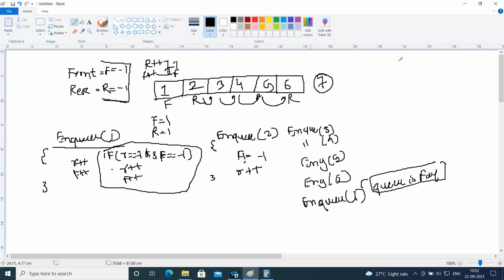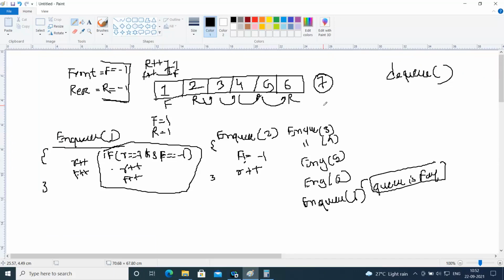Now, like enqueue, where you are enqueuing in the queue, there is an operation called dequeue. Now look at the difference. Like push, we were passing a number which has to be inserted, and pop does not take any number that you want to remove because you have no choice. You will be removing from the top.